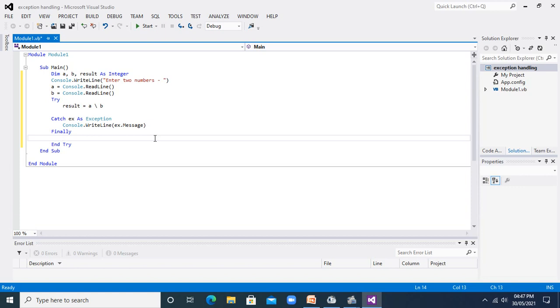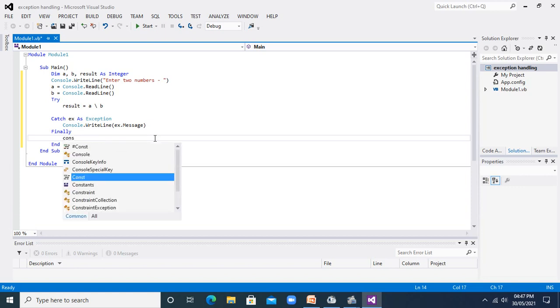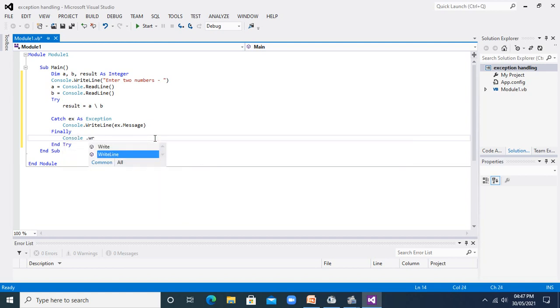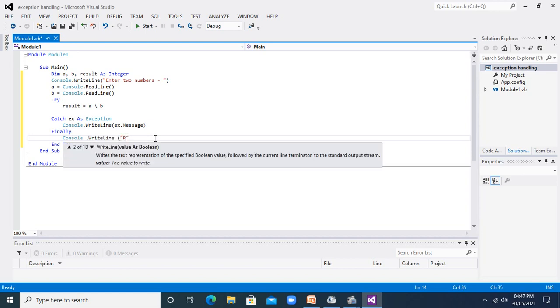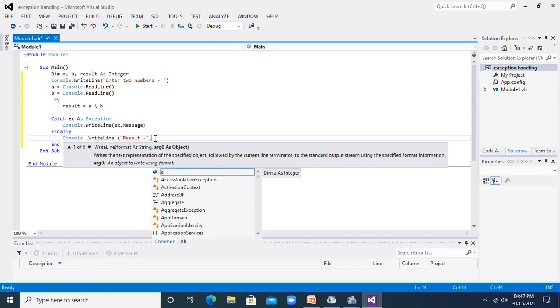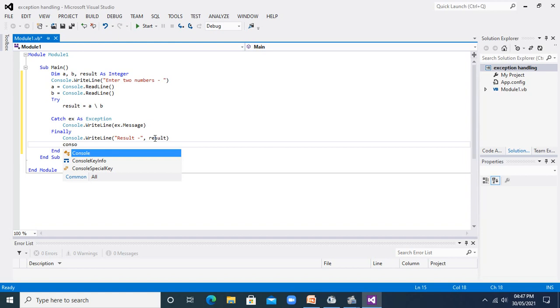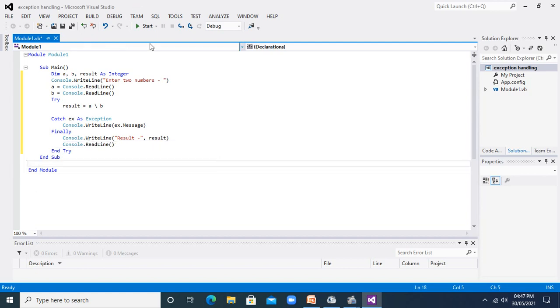If the second number, that is b, is not 0, it should display my result. So I will write Console.WriteLine, and here I will display the result. And again I will write Console.ReadLine. So this is my program for exception handling. I will save it and execute it.